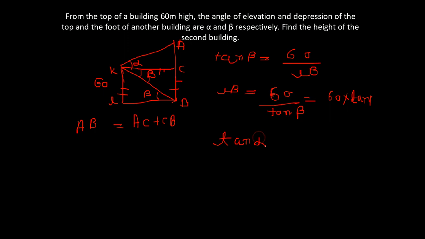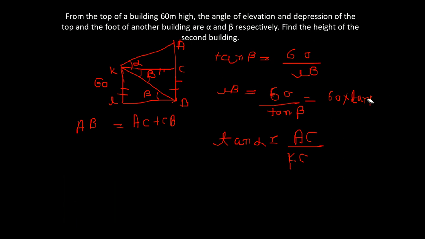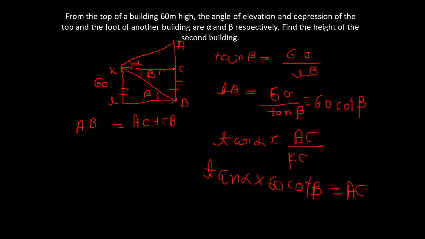Tan of alpha will be this perpendicular, AC, divided by this KC. And this KC is parallel to LB, so LB we already have. Actually, we made a mistake. This will be cot of beta, because CB. So the length of the tower will be,